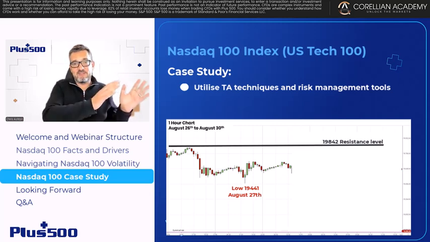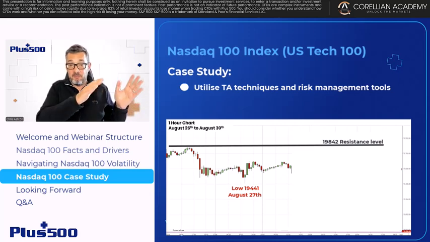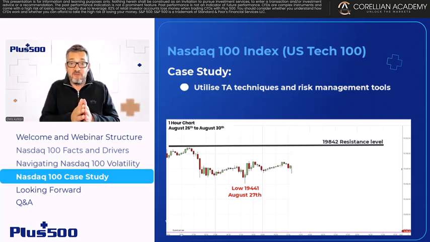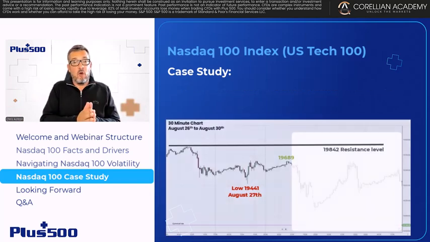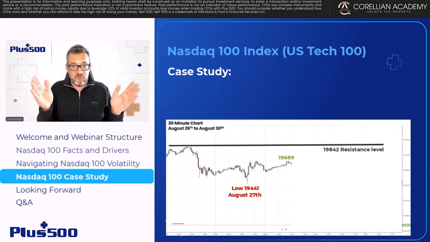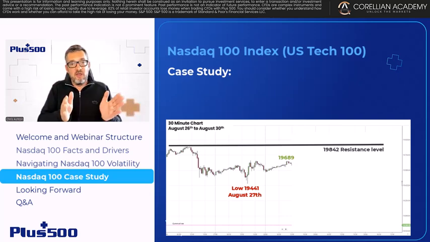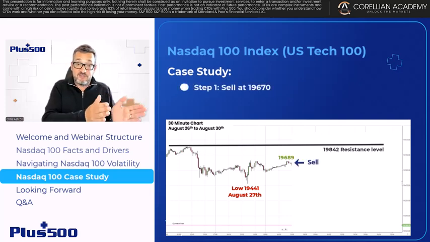If I expect the Nasdaq 100 to sell off before or over the NVIDIA numbers, this could be a good potential opportunity to sell with a defined level above which I know I'm wrong and will be happy to exit the trade. So on Wednesday, the 28th of August, the Nasdaq 100 trades back to 19,689. So step one, I sell at